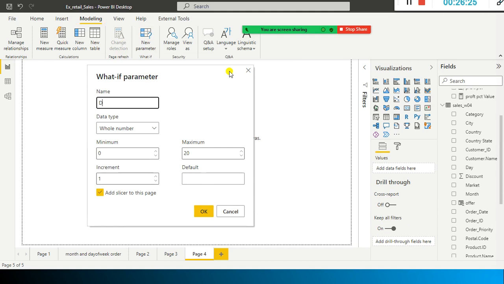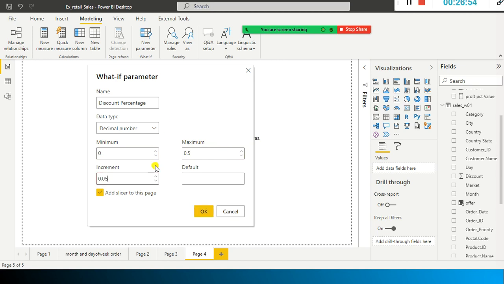Okay, for example, here I'm going to say discount percentage. You can give whatever name you want. Discount percentage, decimal number. The minimum is 0, that is, if I don't give a discount, how much I'll get. And the maximum is, let's say, 0.5, and the increment 0.05.